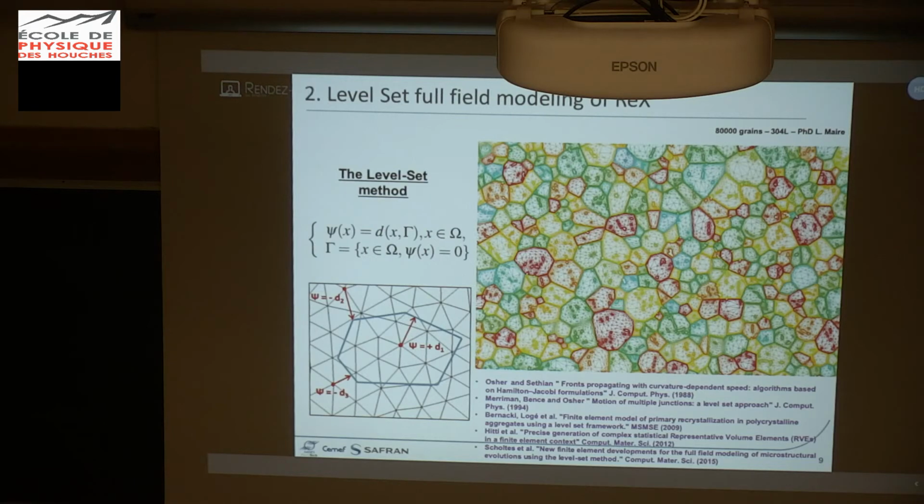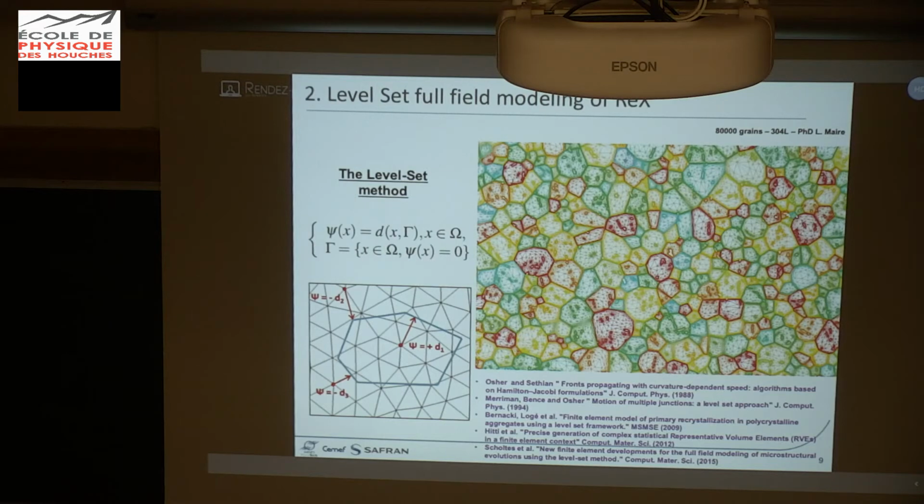And you can see that inside the grains, in some grains, you can have second phase particles. And you can see that the mesh is perfectly adapted to the grain interface and to the second phase particle interface. And you can see another message in this picture: with the RSF framework, you can of course use experimental images to immerse grain interfaces and second phase particle interfaces, but you can also use a statistical description of the grains